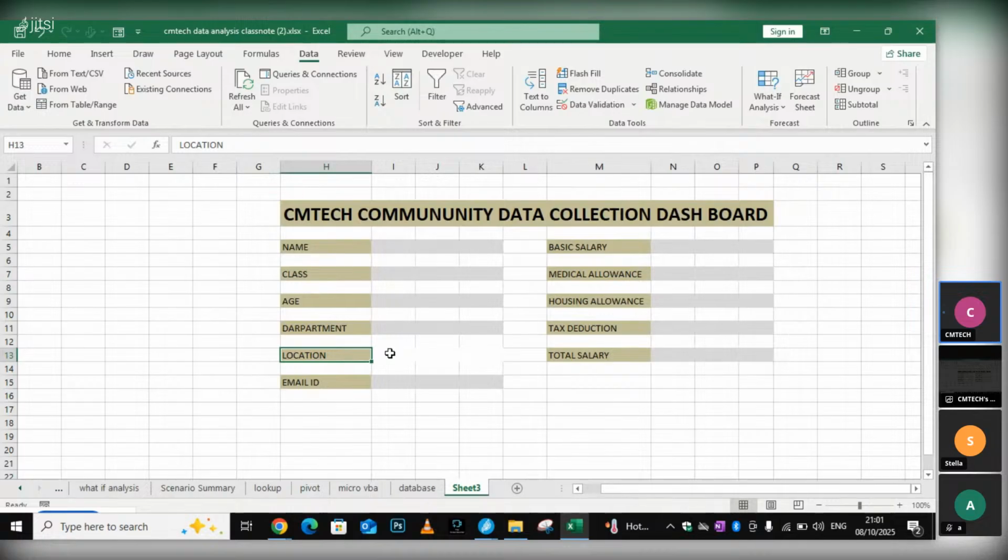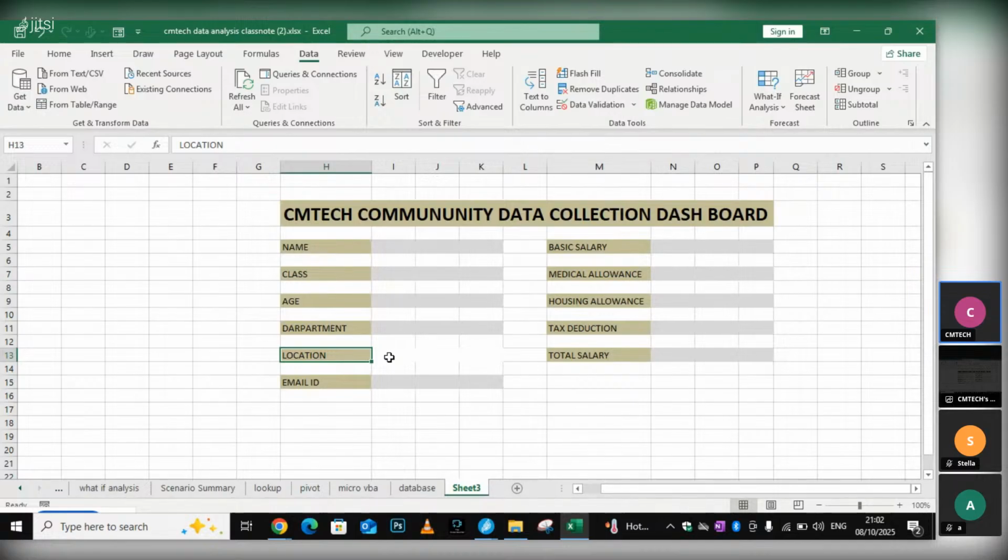Every data will be stored in the database, which is being secured. You can lock it. It will be locked, but only the input cell will be functioning. You can set it like that. So this is also a way you can make use of macro VB. So let's go further to see